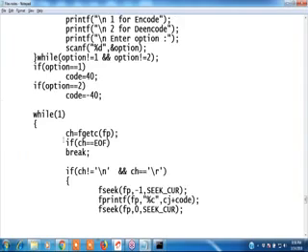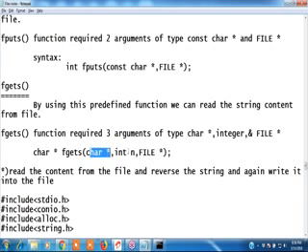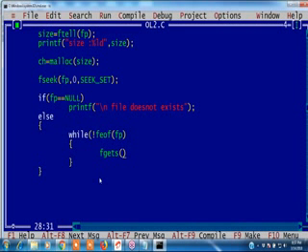First parameter of the function, we check it. fgets, check it once. fgets takes a string parameter first, then the size, and the file pointer you have to take. fgets of this string parameter, how many characters you are reading, and the file pointer.